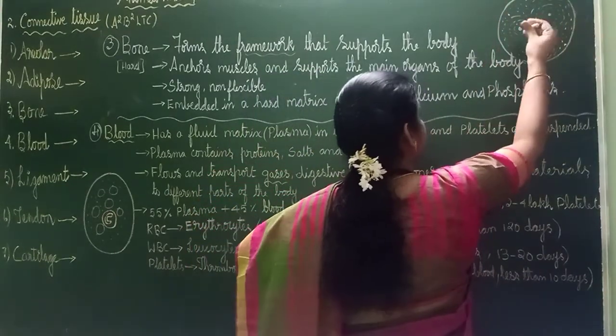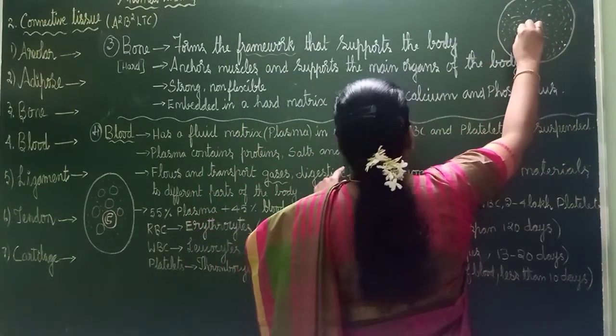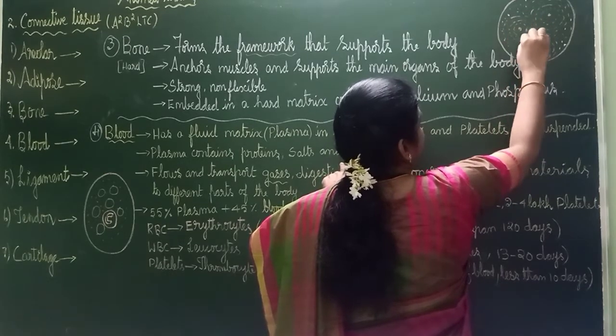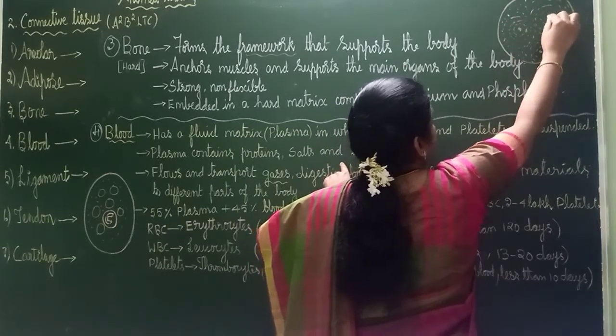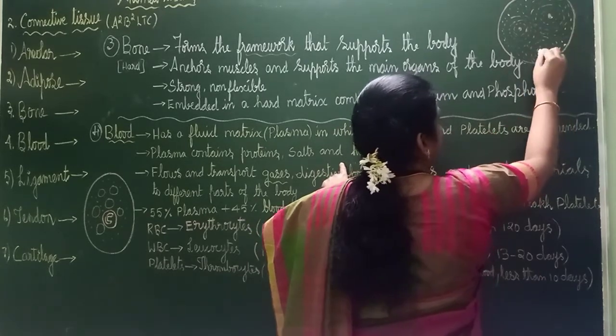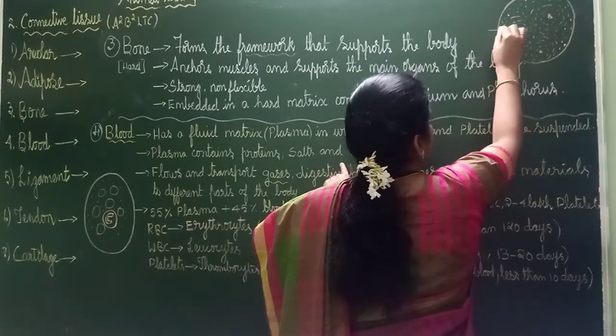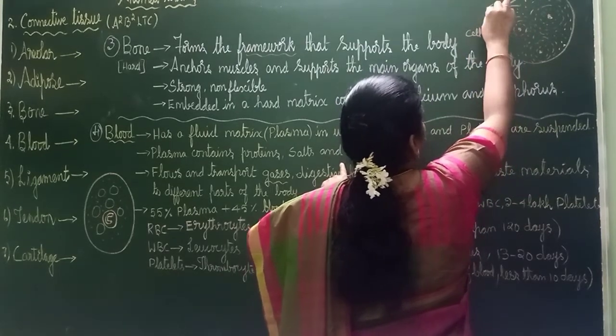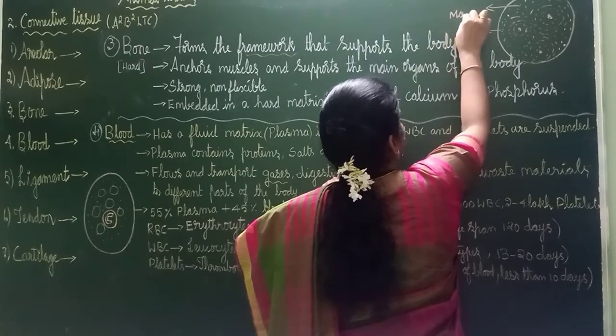This is the matrix, and see the cell, one in the middle, one point will be there, and one ring-like structure, next ring, like that. Here one cell, this one ring, second ring, third ring here. So this is the cell, and this white color thing which I have given now, that is the matrix.